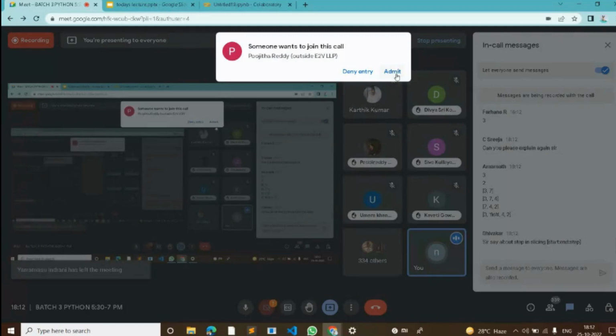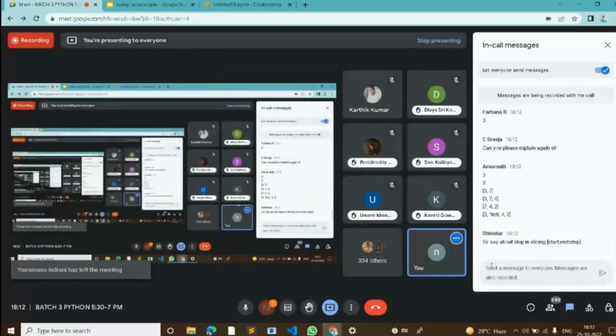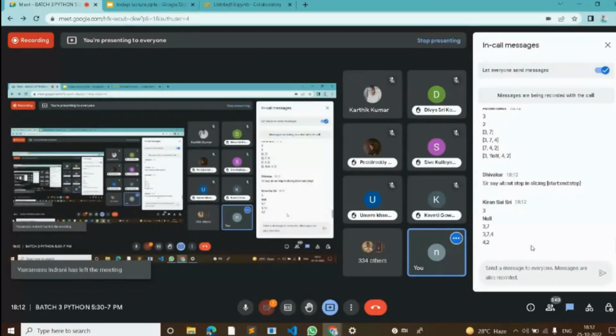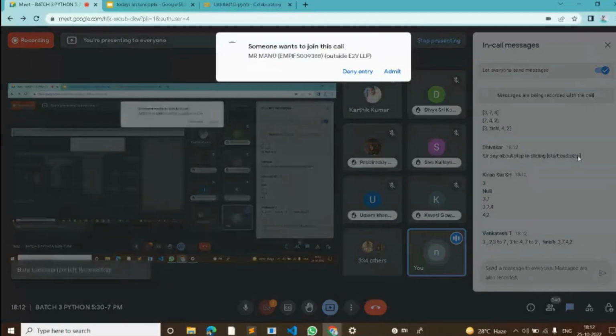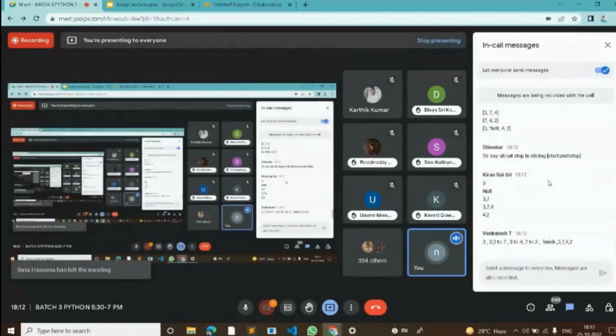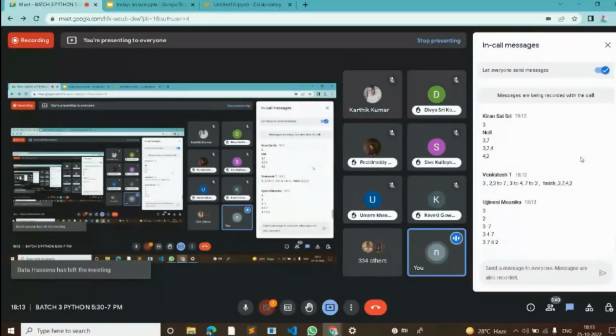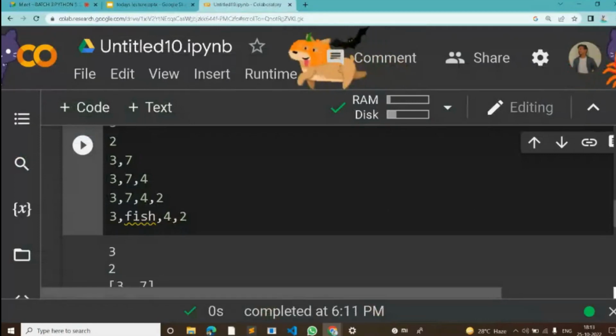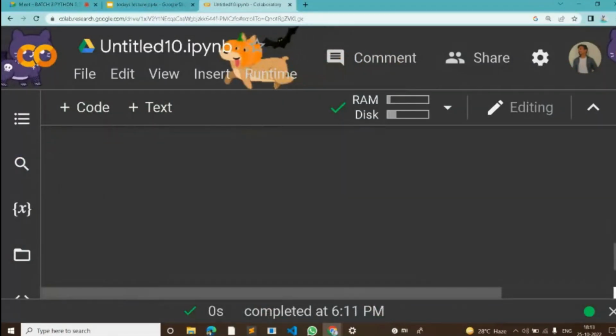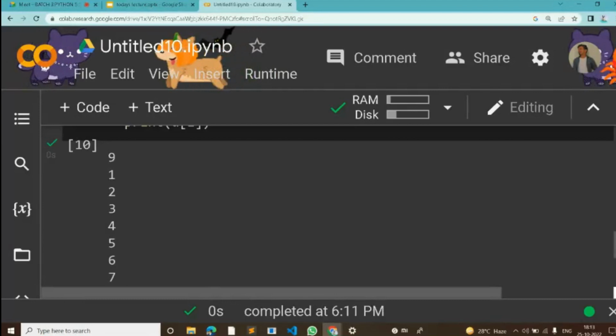Please explain again. Yeah, I will explain again. By using this step method, you can go. If you didn't define it, it will take it as one step. And if you're defining it, just like I want to print only the